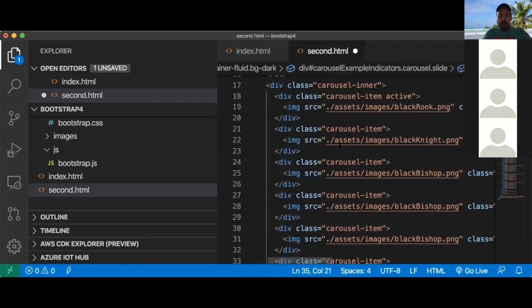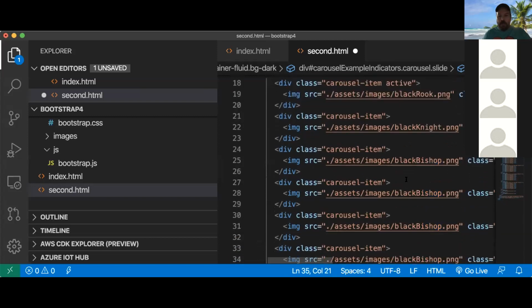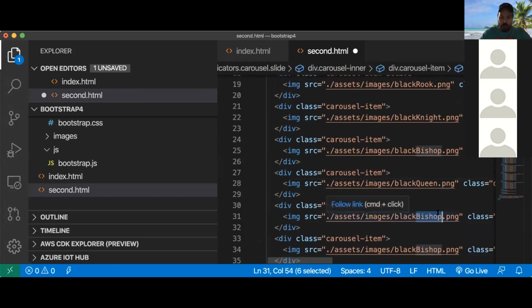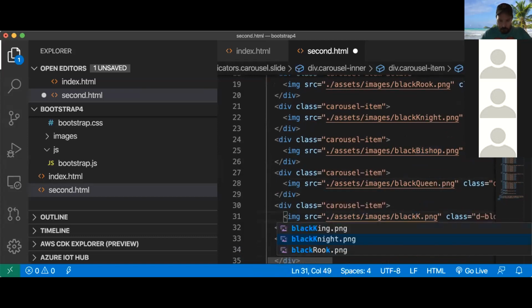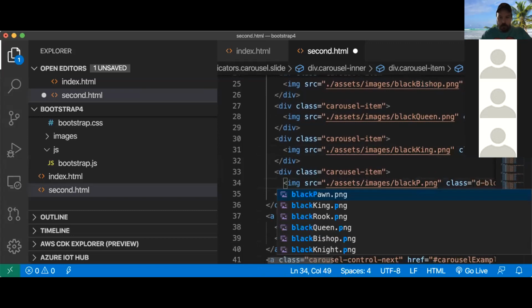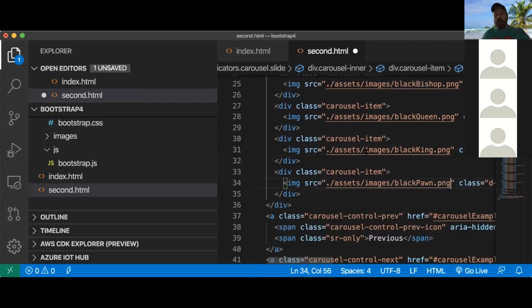So we're going to now have 6 elements. So knight, bishop. So when we get to bishop again here, let's put in queen, king, and then the last one, because I forgot it in the first place, is put in the pawn. All right, so we have 6